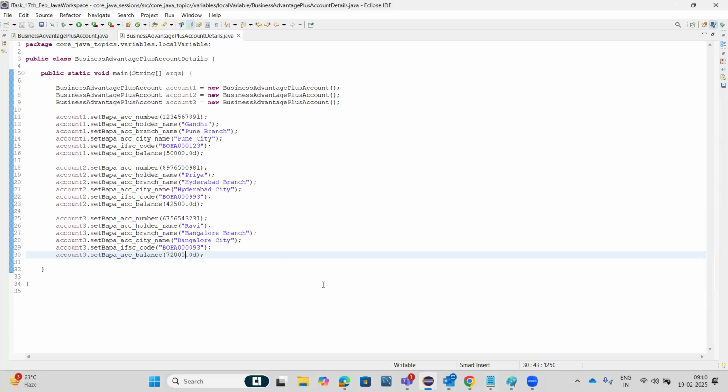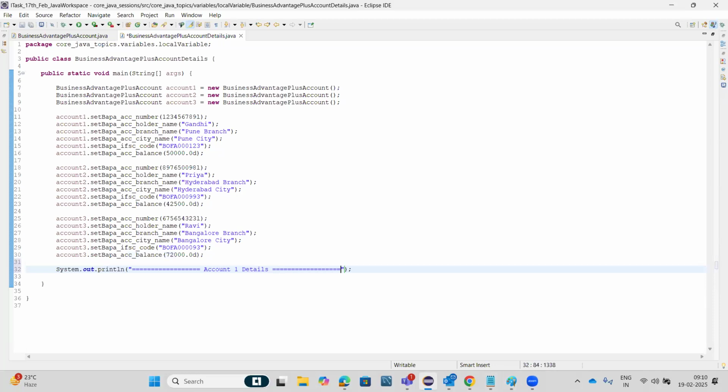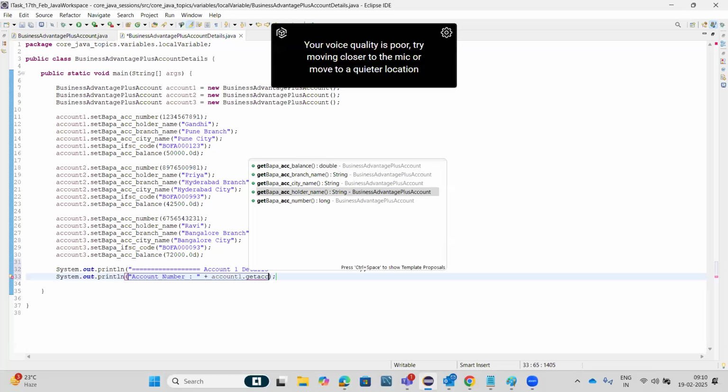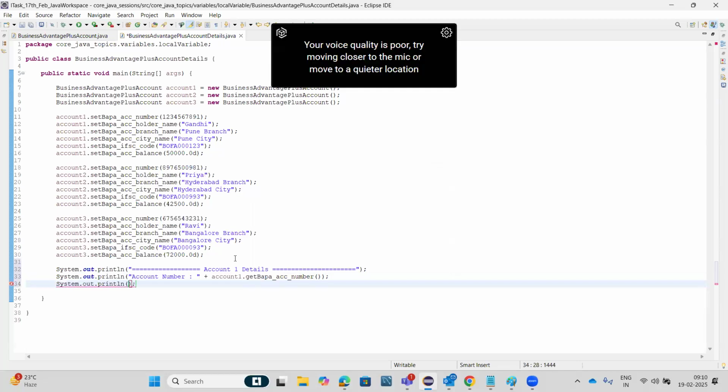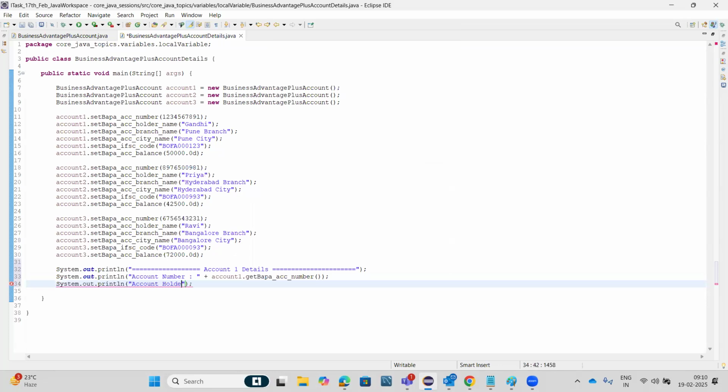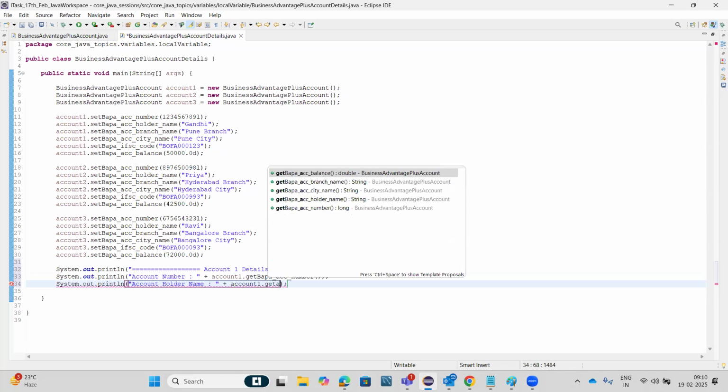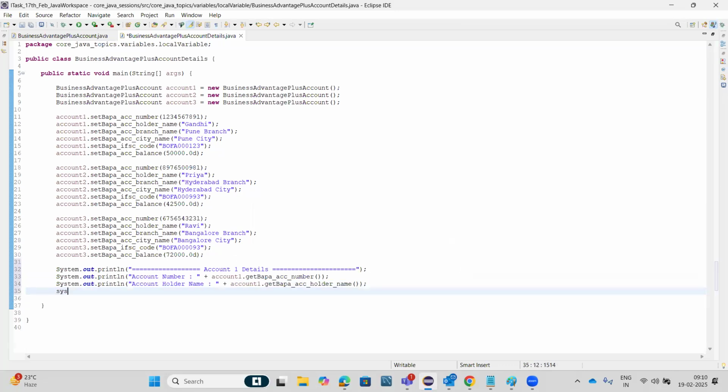72,000. Control S. Now I have set the values for the account 1, account 2, and account 3 objects. Now first get the value. System out println account 1 details. System out println account number plus account 1 dot get account number, account holder name plus account 1 dot get account holder name,